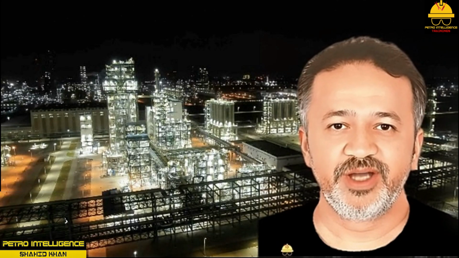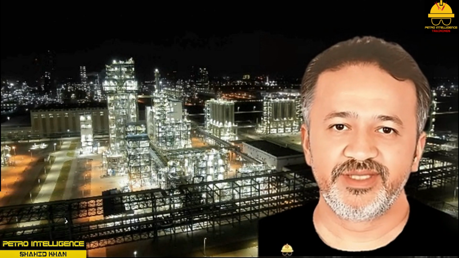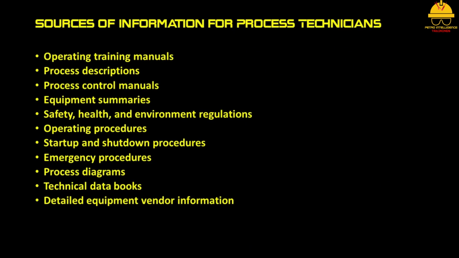Sources of information for process technicians. Information used by process technicians comes from a variety of sources. Some of these sources are operating training manuals, process descriptions, process control manuals, equipment summaries, safety, health, and environment regulations, operating procedures, start up and shut down procedures, emergency procedures, process diagrams, technical data books, detailed equipment vendor information,